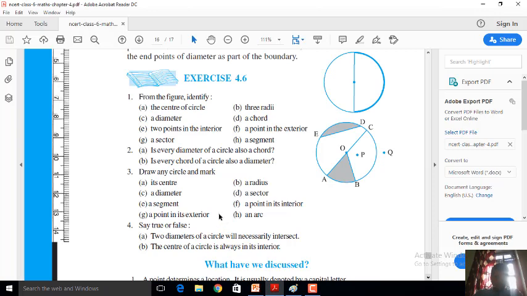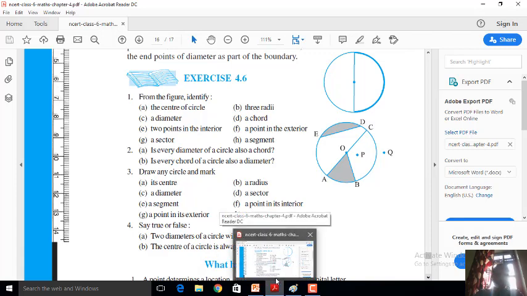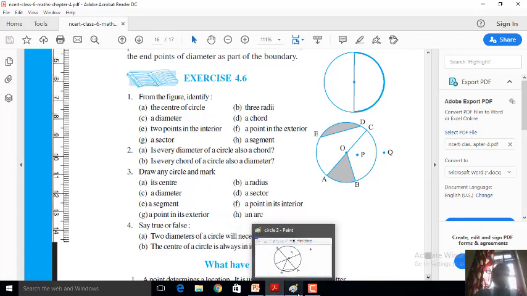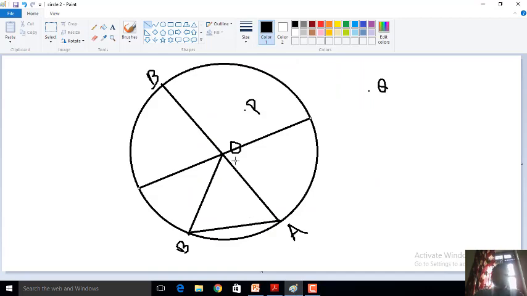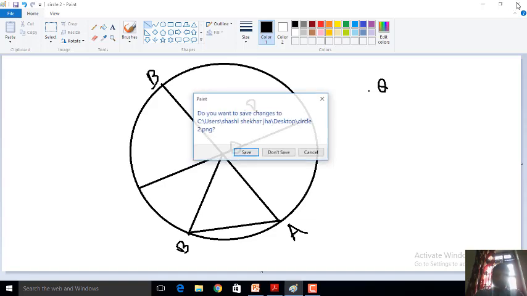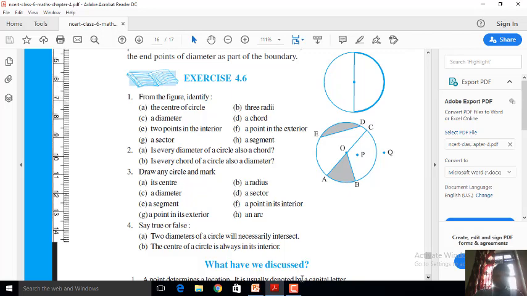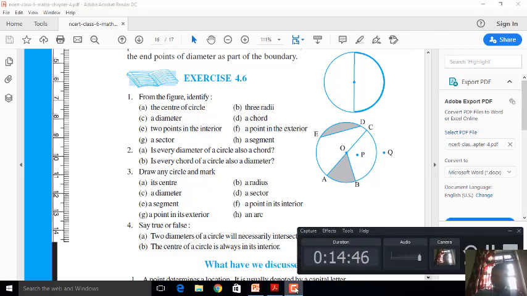Now the second question is: the center of a circle is always in its interior. Yes, this is also true, because the center of a circle will always be in the interior. So with this I would like to complete chapter 4 of class 6, that is basic geometrical ideas. In the next video I will upload